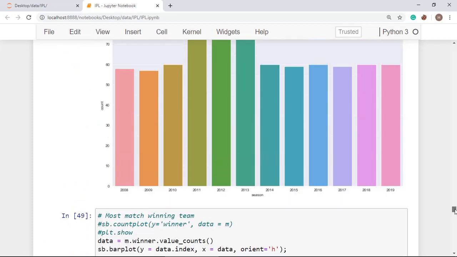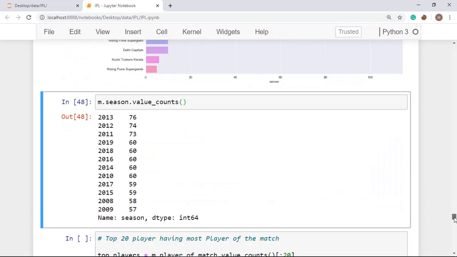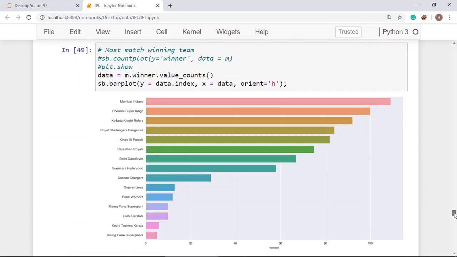You can also call this the team performance of a particular team in all seasons. All right, in the history of IPL, Mumbai Indians has won the most matches, and Rising Pune Super Giants has won the fewest matches in the whole IPL history.